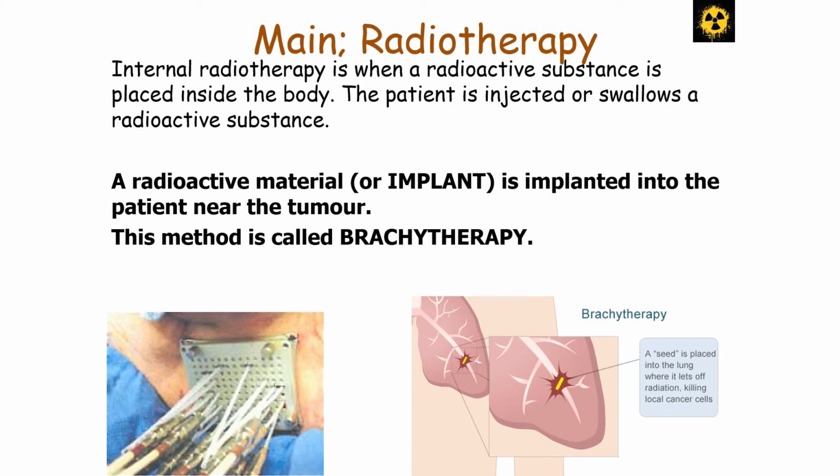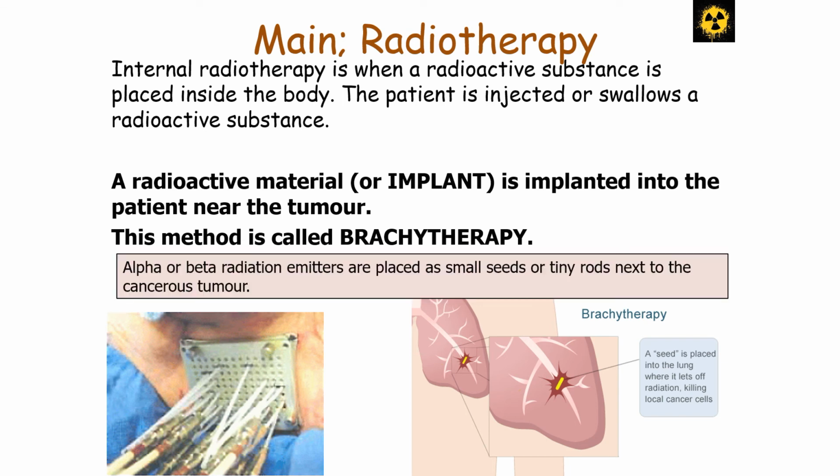Now, internal radiotherapy is when a radioactive substance is placed inside the body. The patient is injected or swallows a radioactive substance. Now, a radioactive material or implant is implanted into the patient near the tumour. This method is called brachytherapy. It's important that alpha or beta emitters are used, as they're placed as small seeds or tiny rods next